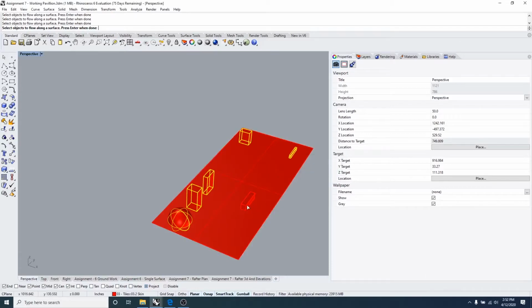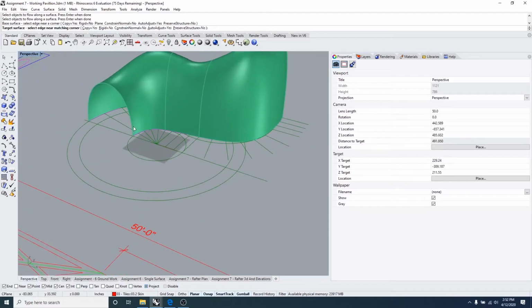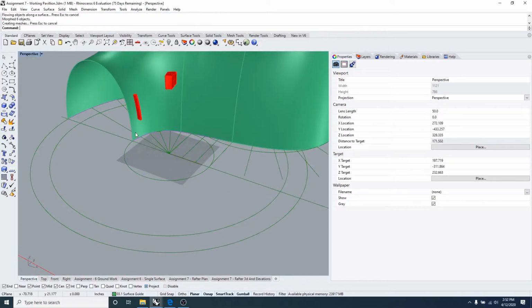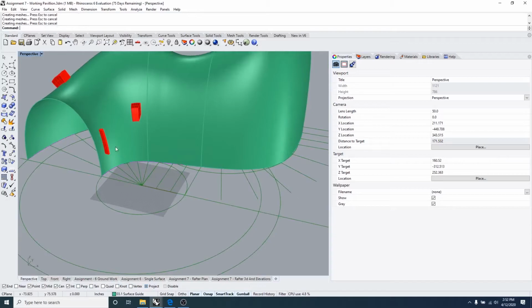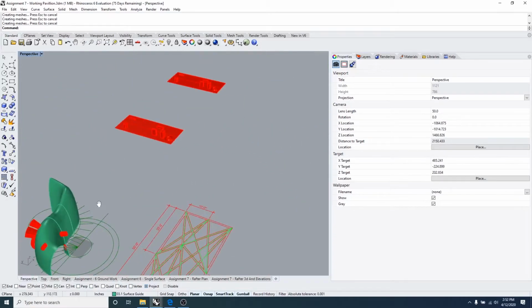The order doesn't matter. Okay, now it's asking me for my base surface, which is this plane that we have here, but in this instance, I'm going to select this corner right here, and I'm going to pick the same corner right there. And notice that now we don't really get the sphere in here,